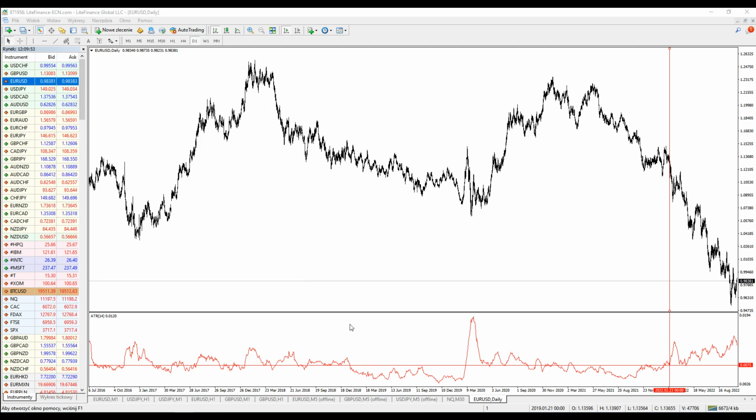You are trying to find the level where, when you place the line, you've got plenty of touches. So if we cross from the bottom to the upside, there is a possibility, nothing is for sure, it's not the Holy Grail, that we are going to see